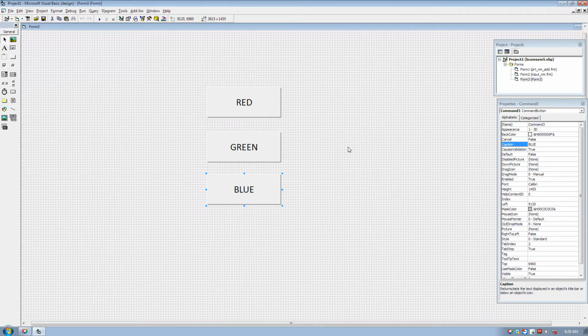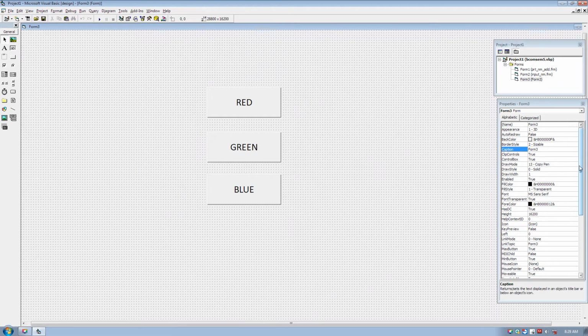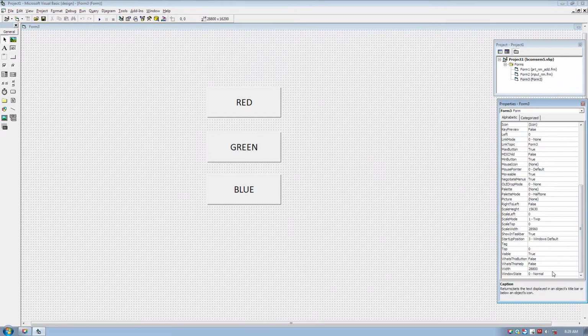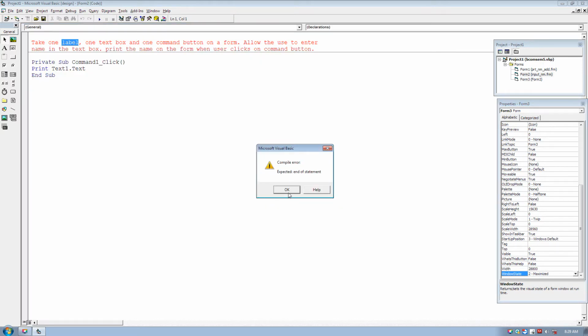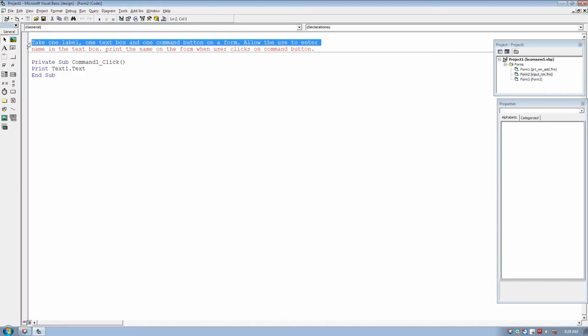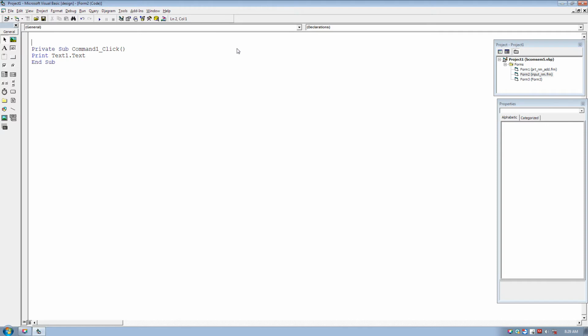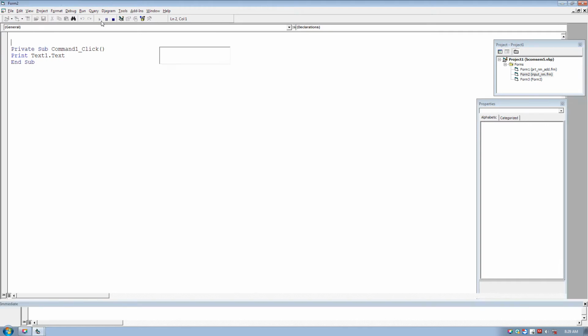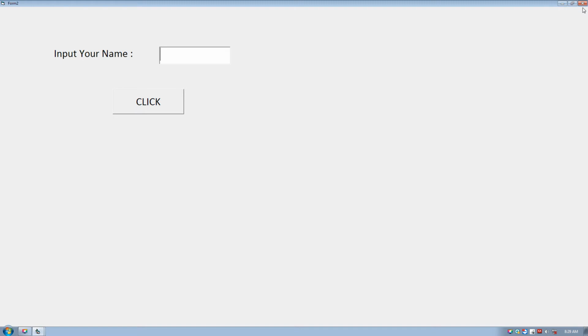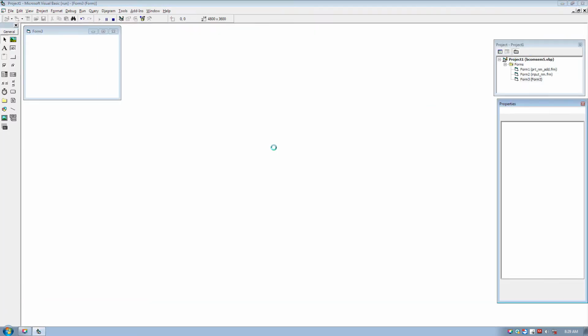Now I shall change the WindowState property of the form to maximized. Now if I run this, this form will not be executed. Look, another form is displayed on the screen.